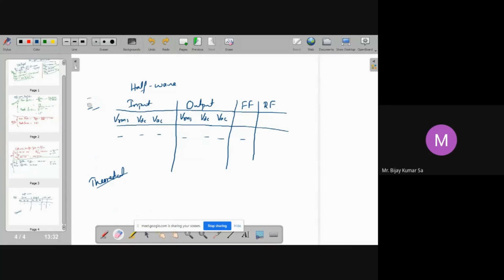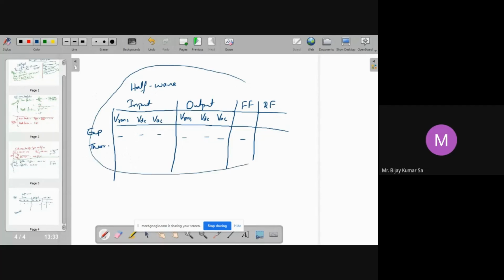यहाँ पर तुम लिख देना. यहाँ पे लिख दोगे एक्सपेरिमेंटल, यहाँ पे लिख दोगे थ्योरेटिकल. फिर यहाँ पर ये हो गया तुम्हारा हाफ वेव के लिए. ये तुम्हारा कंप्लीट हो गया हाफ वेव के लिए. सिमिलरली फुल वेव के लिए ऐसे बनाओगे. फुल वेव के लिए फुल वेव में